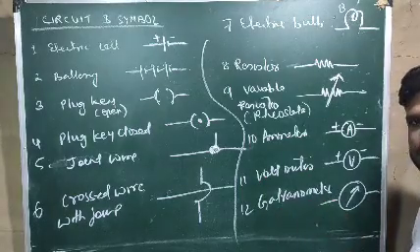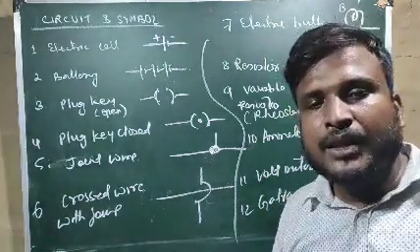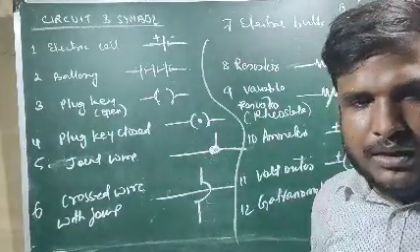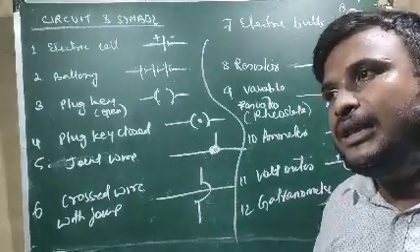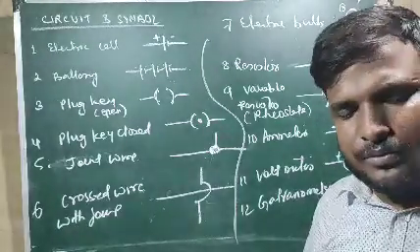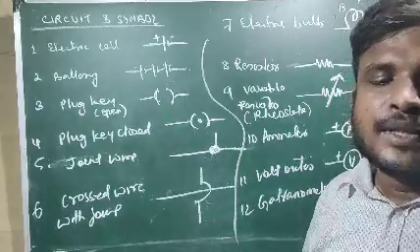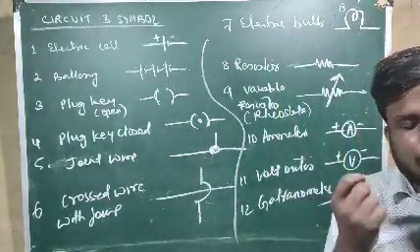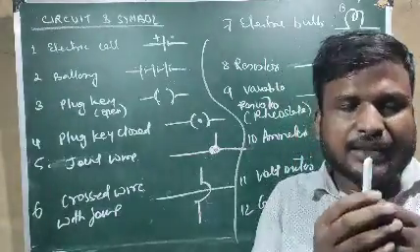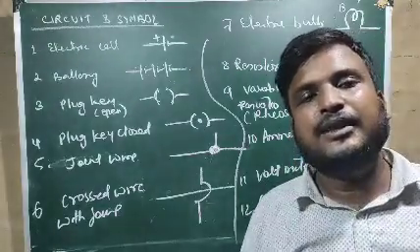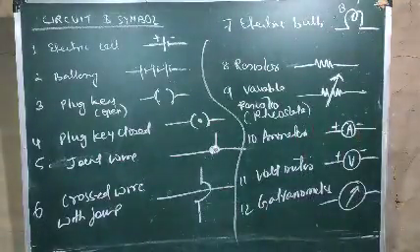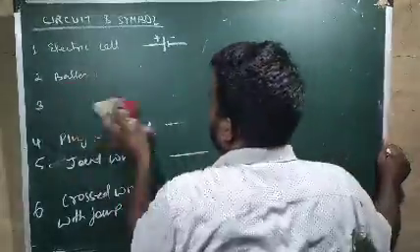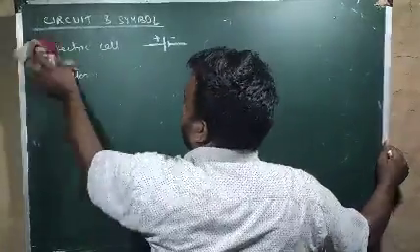12th one is the galvanometer. Galvanometer is a device which is used to detect current. In class 12, when you go after taking science, then you will get to know more detail about galvanometer and how it works. For now, you just remember that galvanometer is a device which is used to detect current. If even a little bit of current is flowing, the galvanometer will show some deflection, and if it shows deflection, that means current is flowing through the circuit. So these are the symbols of the various components which are used in the circuit diagram.